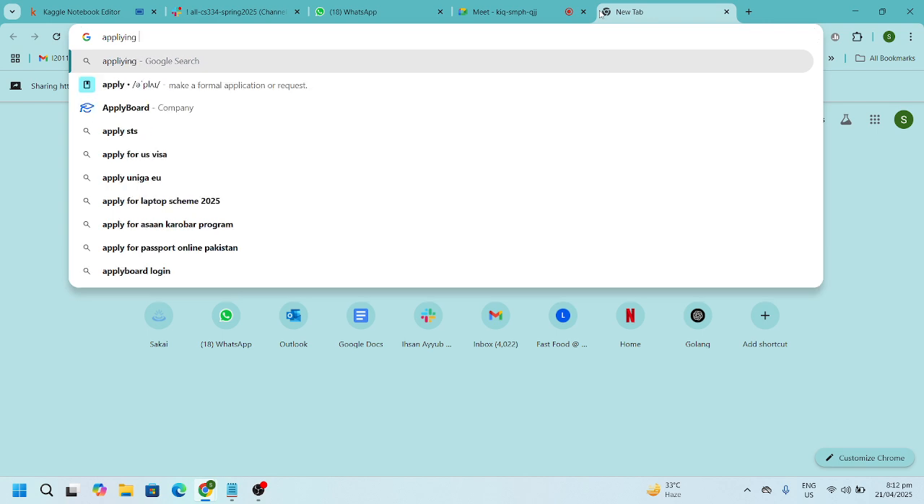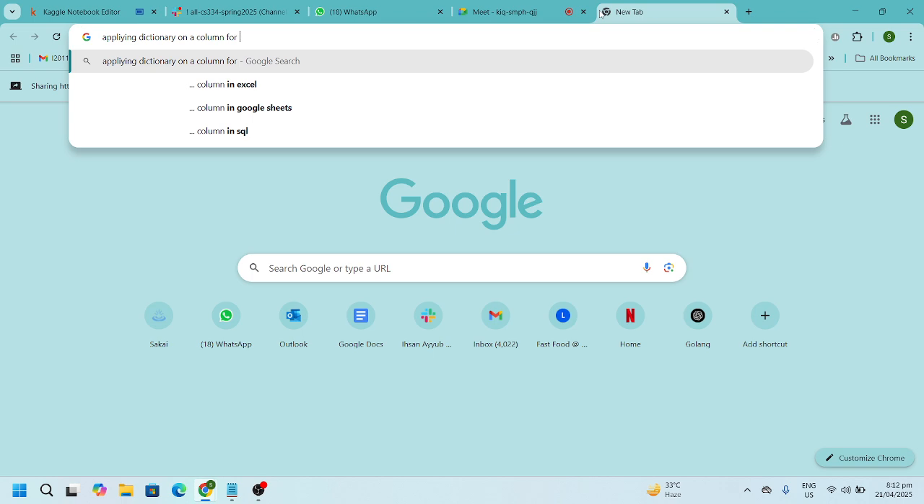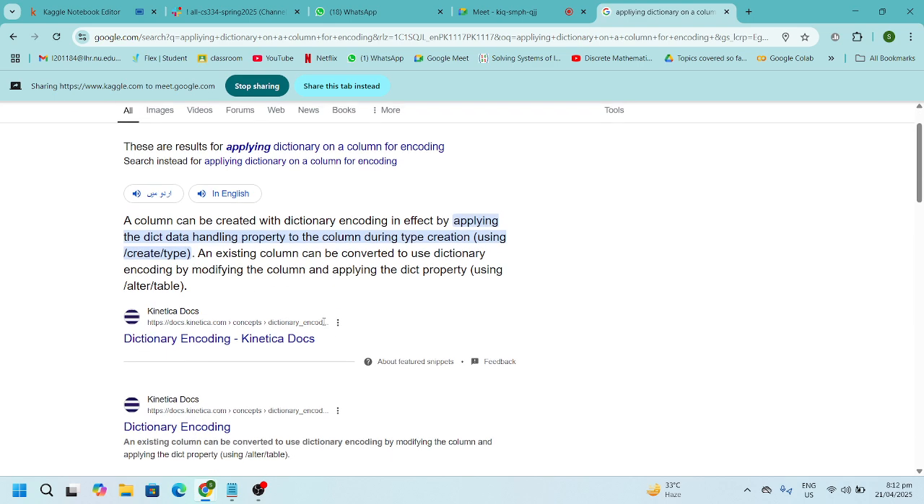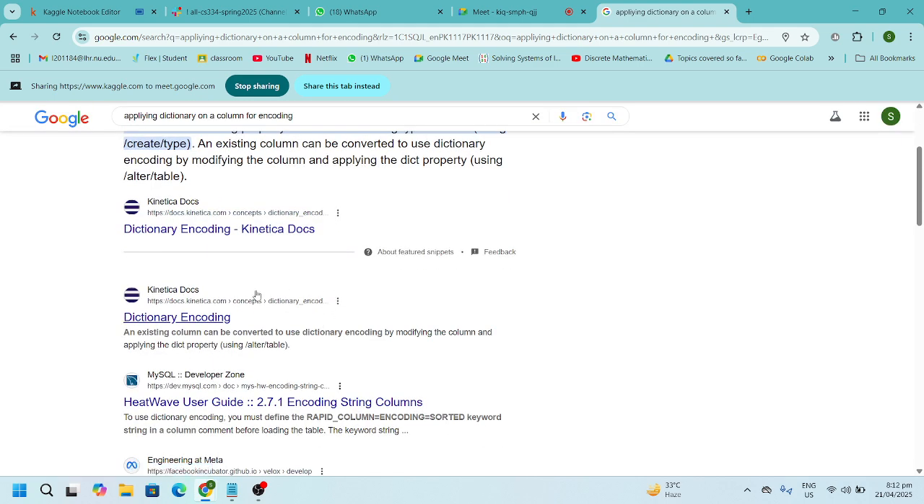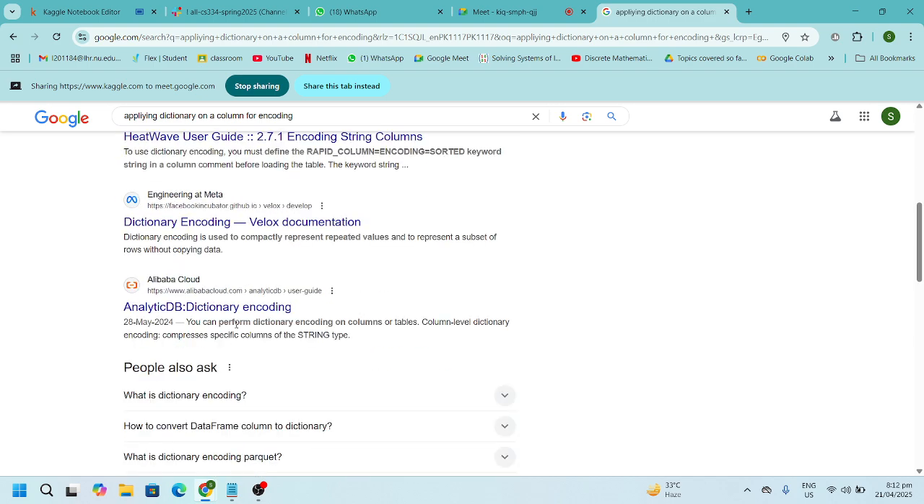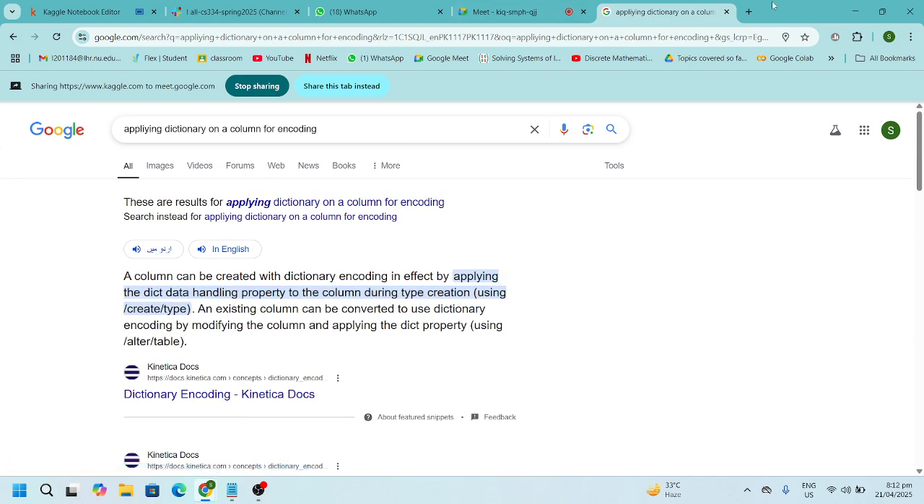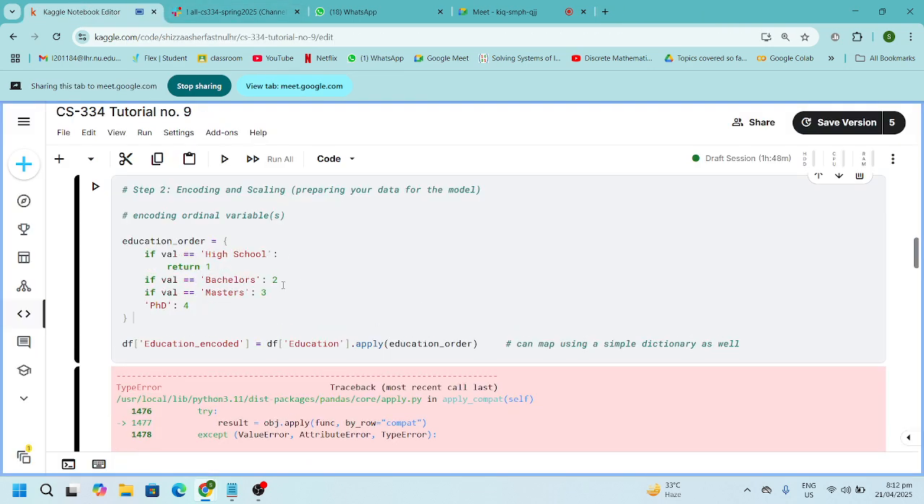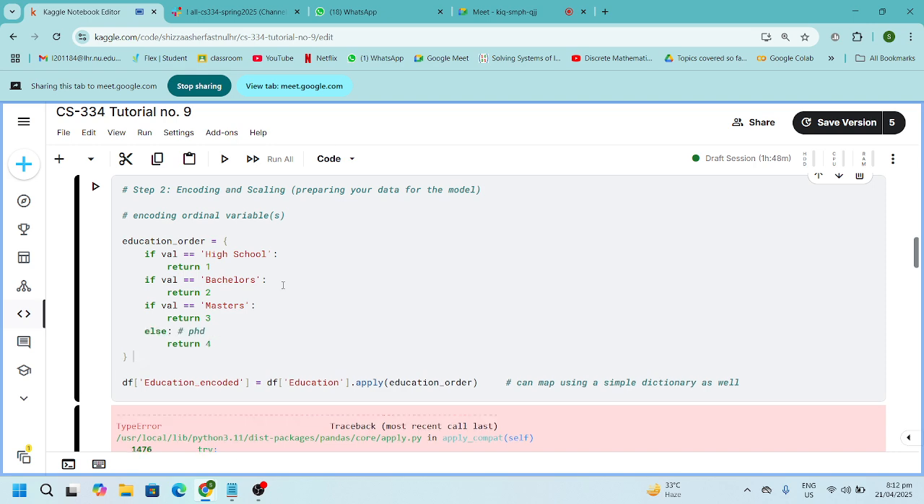Applying dictionary on a column for encoding. This isn't giving it to me either. Anyway, we don't have time for this, so I'm just going to move on from it. But I'm definitely going to look into this though,